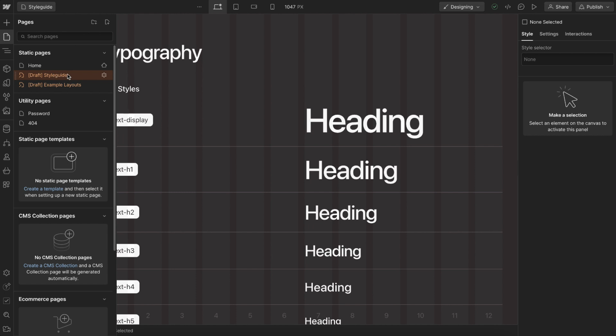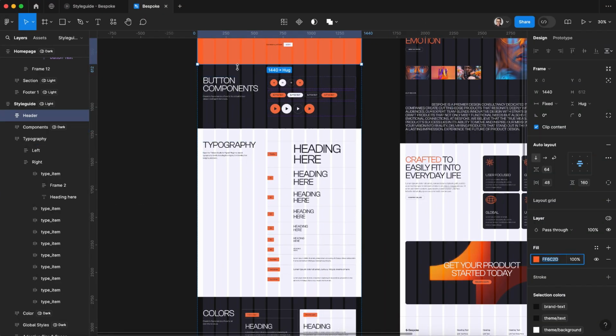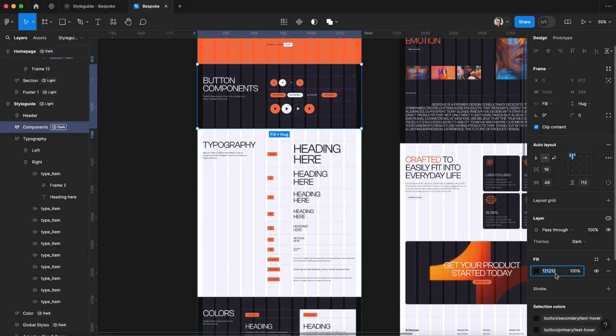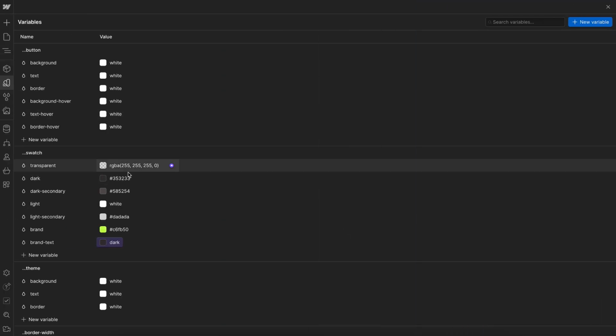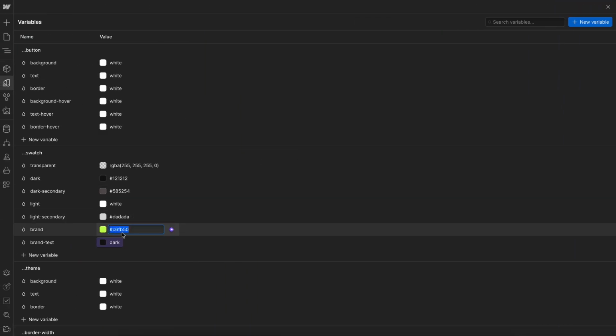So to get started, let's set up our style guide and we'll head over to variables and set up the colors first. So I'll just select this dark section here and copy its hex code, and I'll plug that in as my dark color for the site. And then I'll select this orange section here, copy its hex code, and plug that in as the orange color